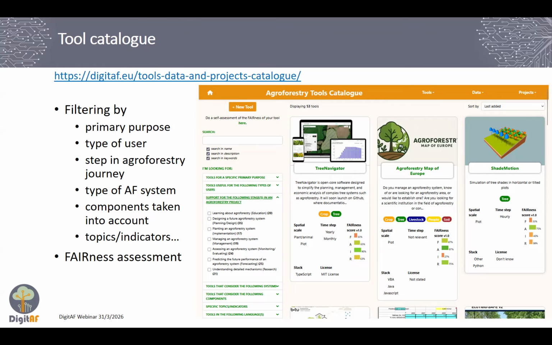And each tool is rated in terms of FAIRness, to give a score of the findability, accessibility, interoperability, and reusability of tools.